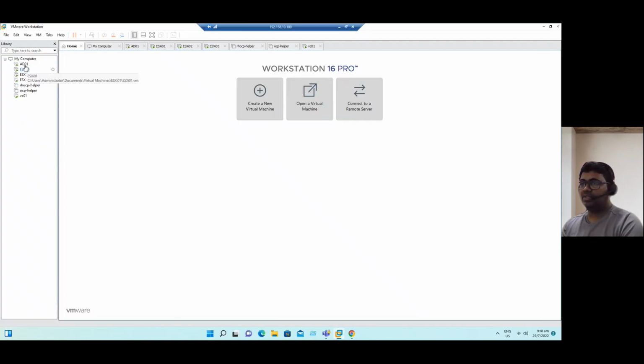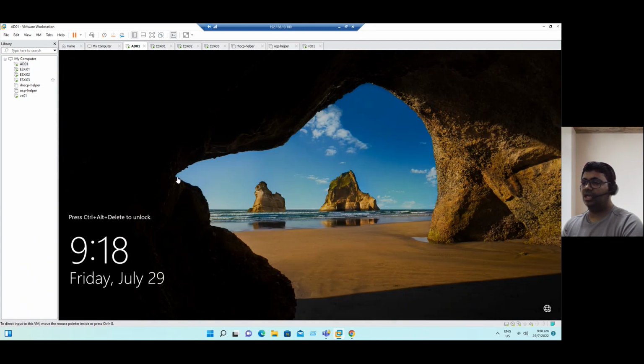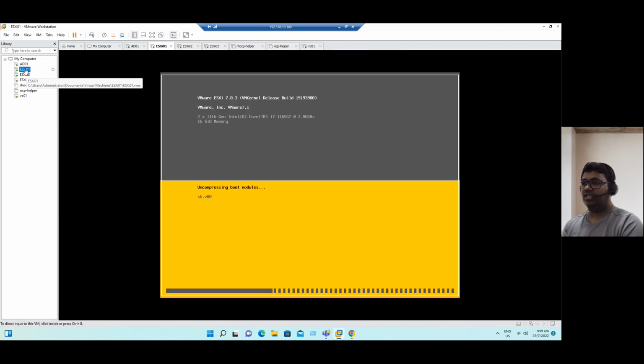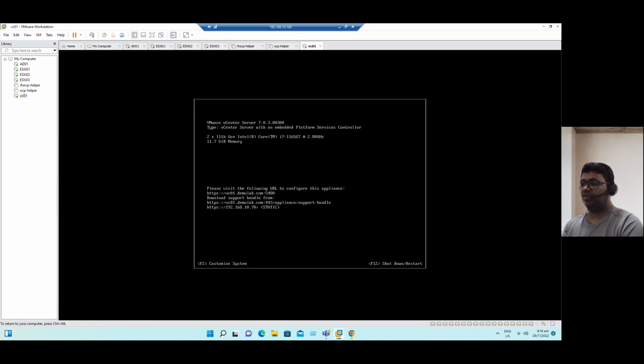Within our lab system, let me quickly show you our Active Directory. If you see on the left side, the name is AD01. That means it's an Active Directory Windows VM. It's running on Windows Server 2012. And we also have ESX1 running, ESX2 running, ESX3 and vCenter server. Suppose I select the vCenter server, within the guest operating system we can see